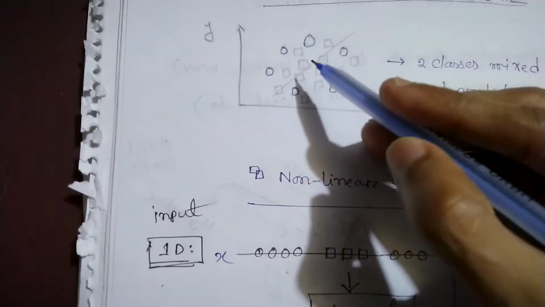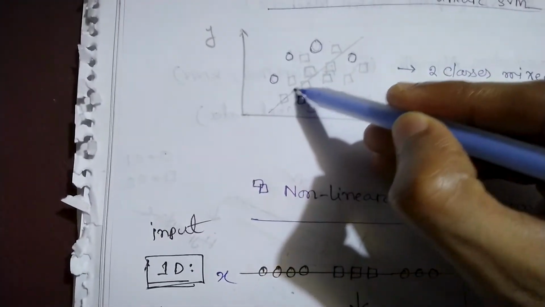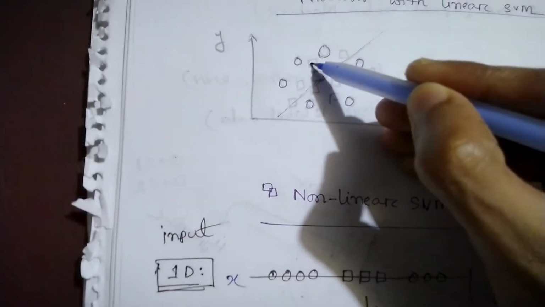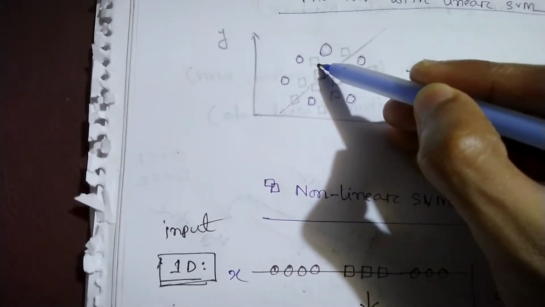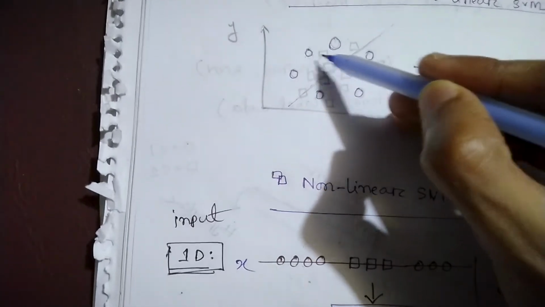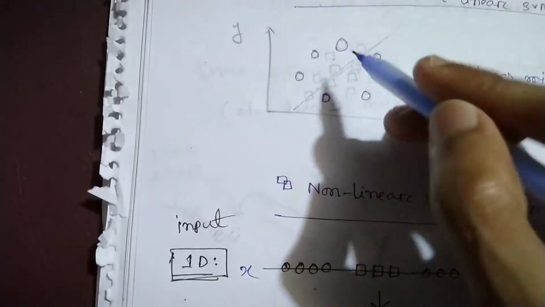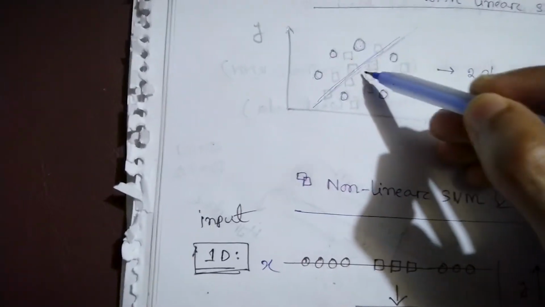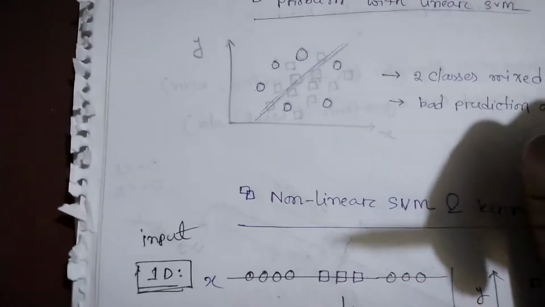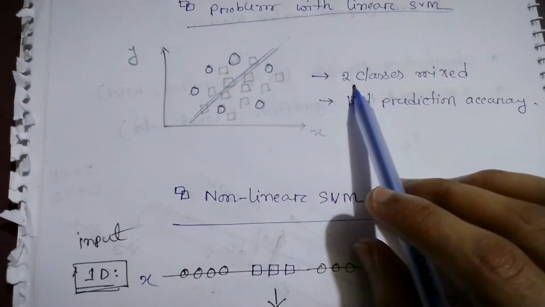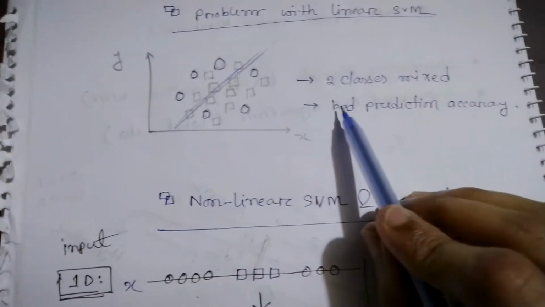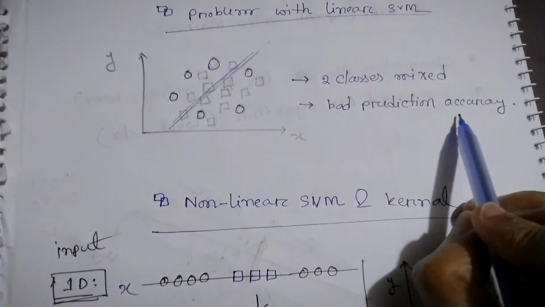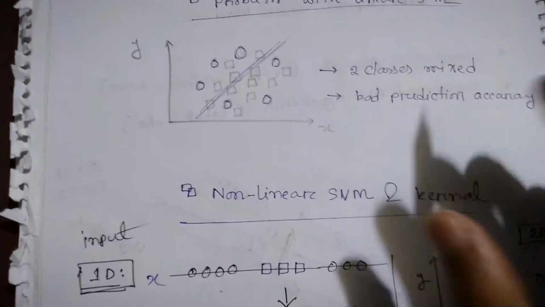But no, you cannot do this here, because if you draw a line, one of your data set is circle, one of your data set is also rectangle, so there is a mix-up. We do not want that mixing. We just want all those circles on one side of the line and all our rectangles on the other side. That is what we want. Here two classes are mixed, so it will give very bad prediction accuracy when you give it a training data model.